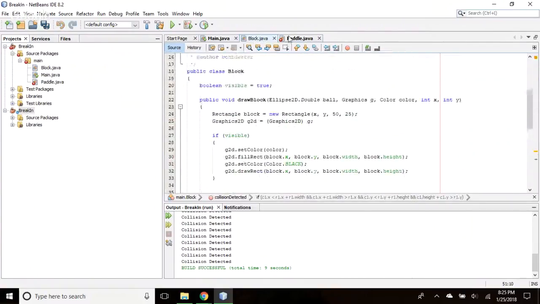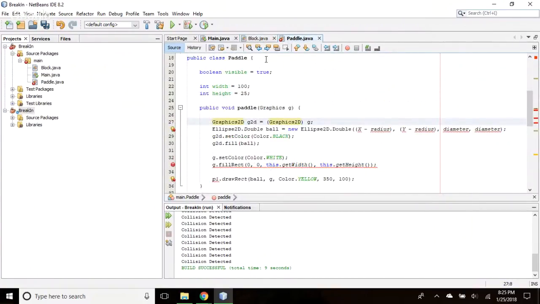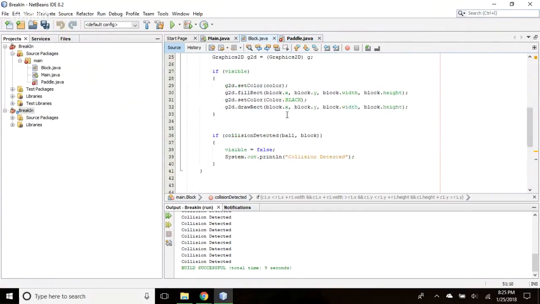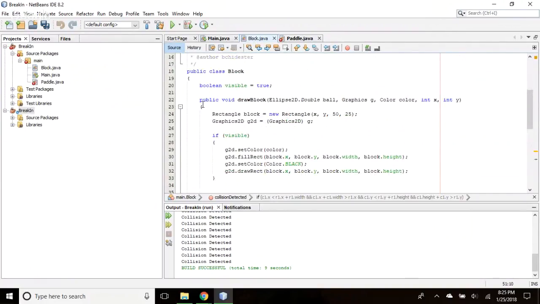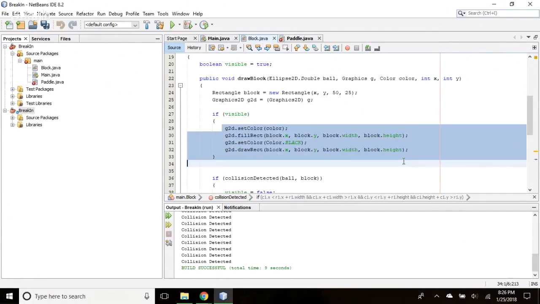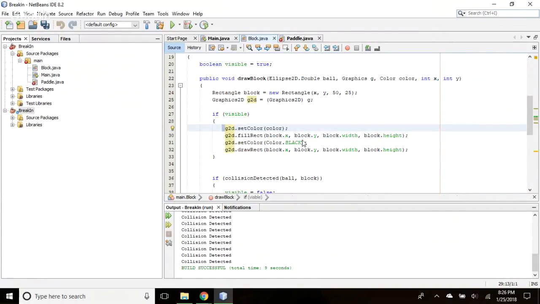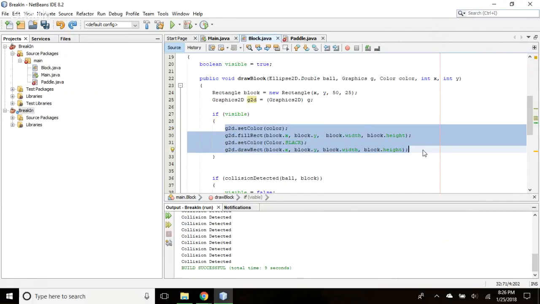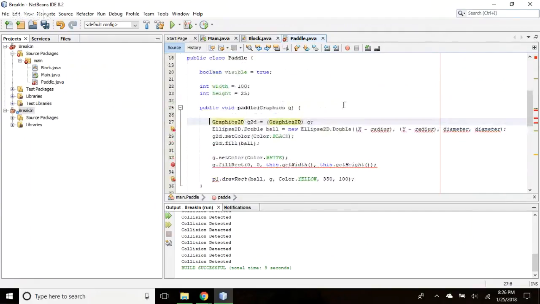So let's go over to, oh, this is block. How are blocks drawn? They're done with rectangles, right? So copy the fill rect. Draw a set color and a fill rect line. Just 2 of them, because we don't care about a border. Oh, let's do a border. Do both of them. Let's get all 4 of those lines here, because we'll make it a paddle with a nice border too. Control C, and let's go back to the place where you're attempting to draw.